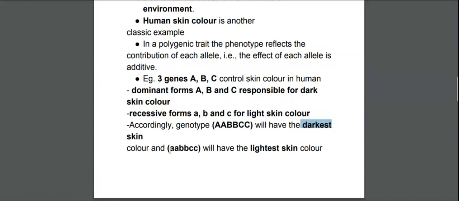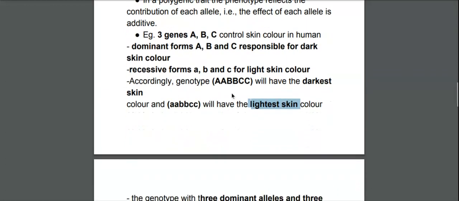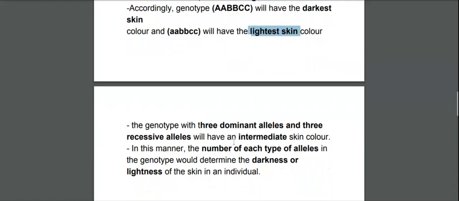Whereas if the person has all recessive alleles in the genotype, he or she will have the lightest skin tone. If the person is heterozygous, with three dominant alleles and three recessive alleles, then such a person will have intermediate skin color.